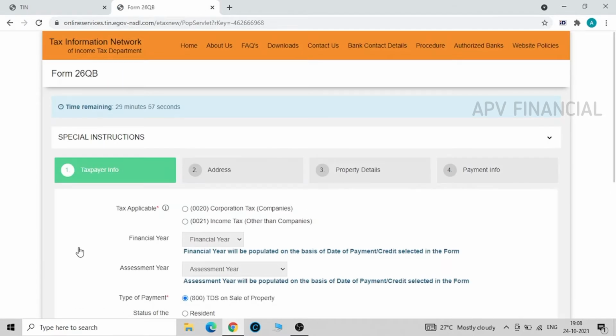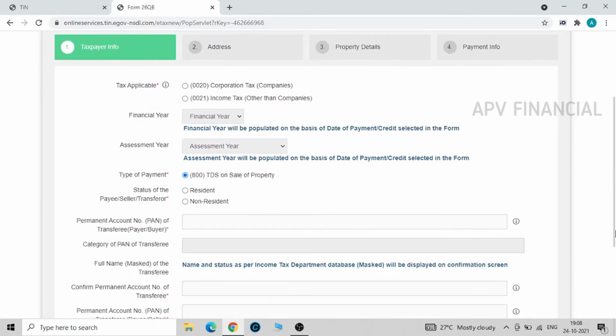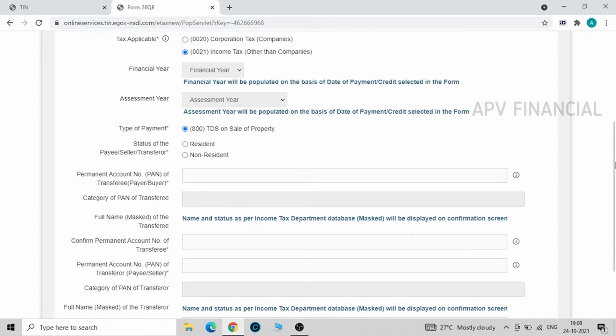You require the PAN cards of the buyer and the seller. So keep it handy. Now since my buyer is an individual, I click on income tax other than companies. Then I have to click on the status of the seller. My seller is resident in this case, so I click on the resident. Then I enter the details